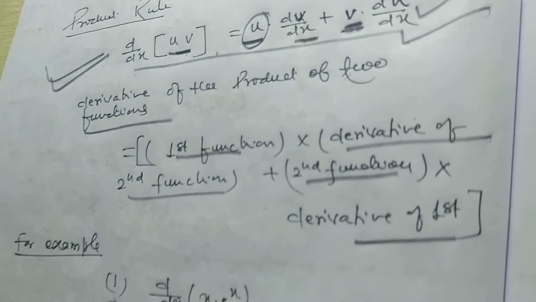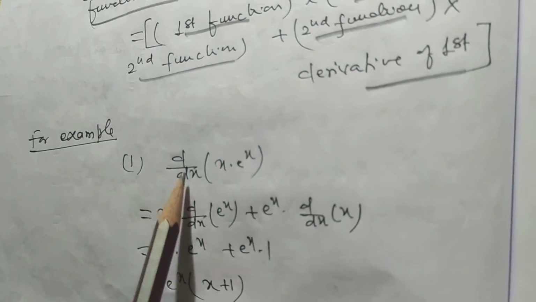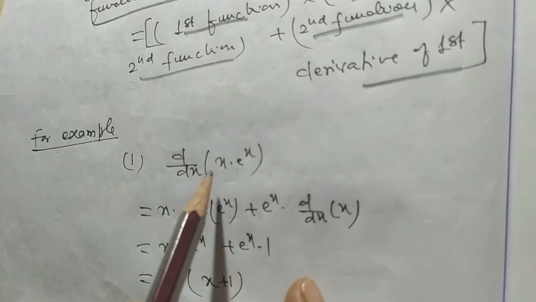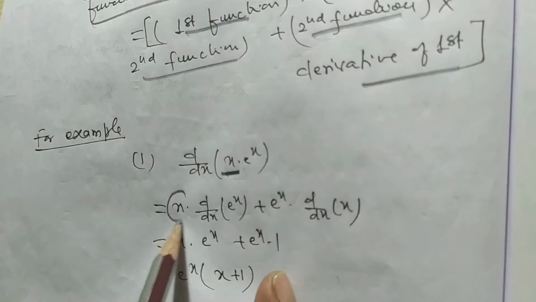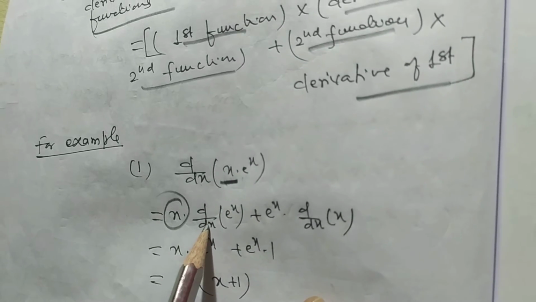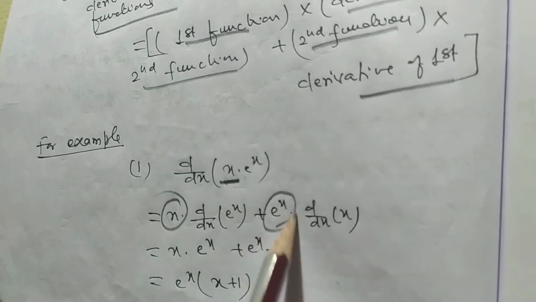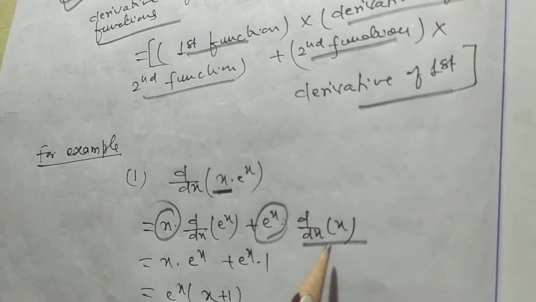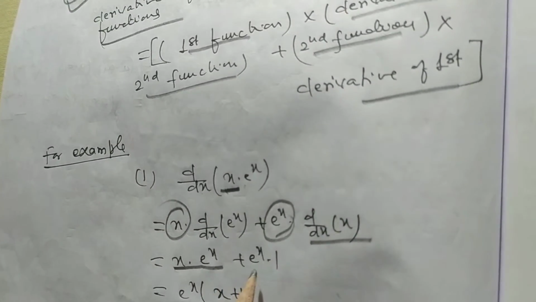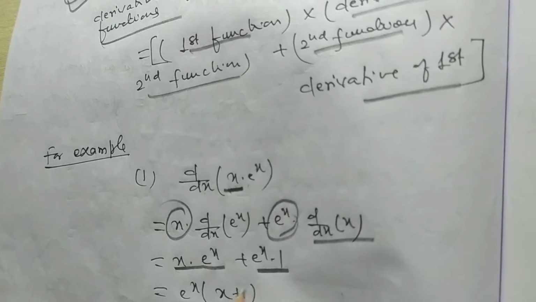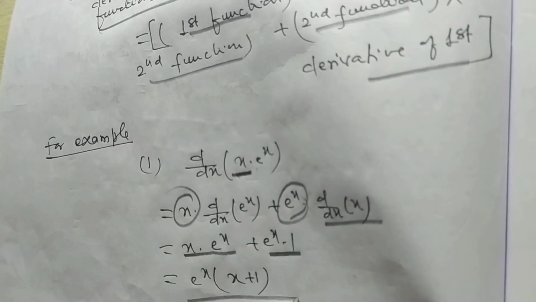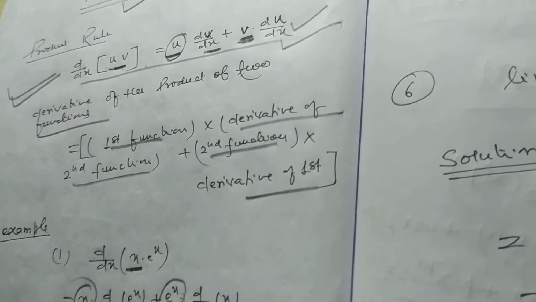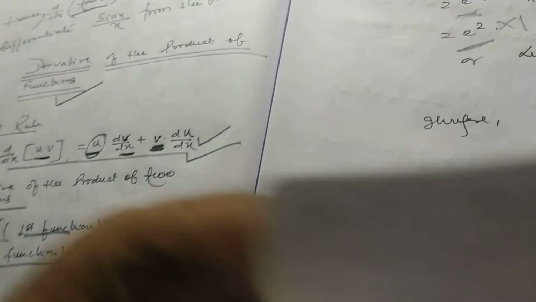So see the example. We have to differentiate d/dx of x into e^x. So what is the formula? Leave the first function, x, and take d/dx of e^x, plus leave the second function and do the differentiation of the first function. So now x into e^x plus e^x into 1. And taking common e^x, we have e^x (x + 1). So my dear students, now